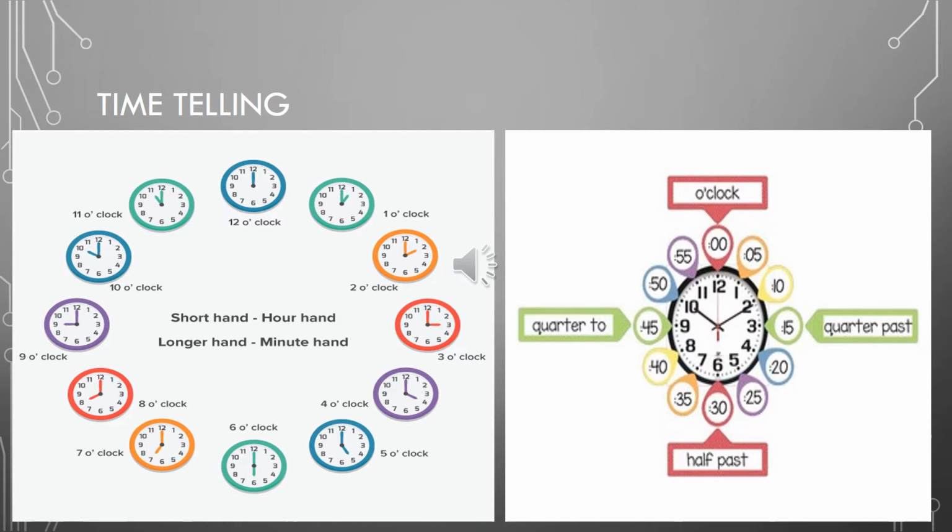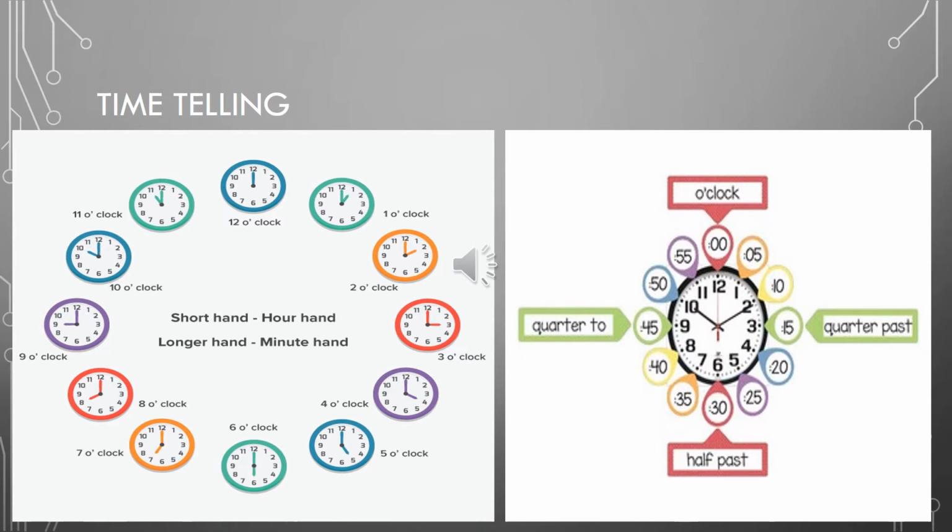In the first clock, what is going on? It is 12 o'clock. So where are both hands? Both hands, the smaller and the bigger one, are on 12. And when it's 1 o'clock, what's going to happen? The smaller hand moves towards 1 and the longer stick or the longer hand moves towards 12 again. Done.